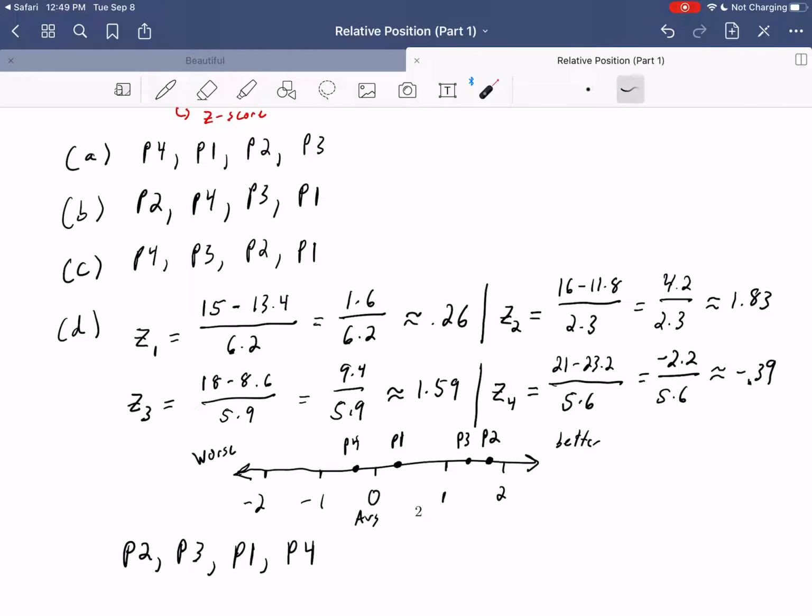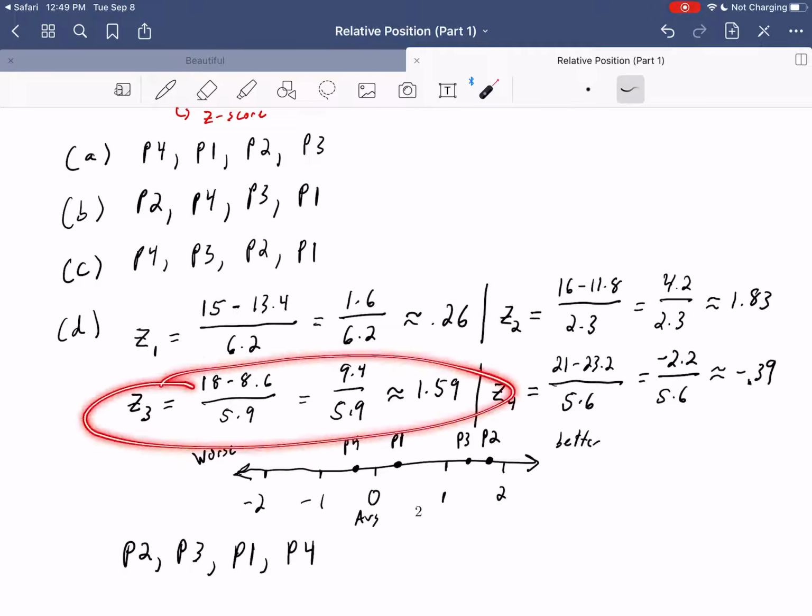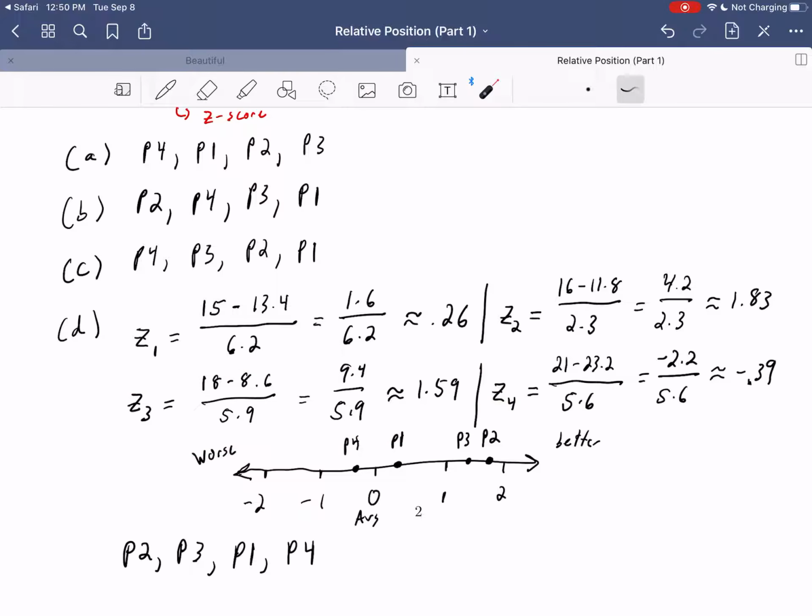But we base it on the amount of deviation. Player 3 was a notoriously inconsistent player, standard deviation 5.9. So being 9.4 above when you have a standard deviation of 5.9 isn't as significant as being 4.2 points above average when you only have a standard deviation of 2.3. Right? We're basically saying player 2 really rarely drifted beyond their average, so being 4.2 points above their average was